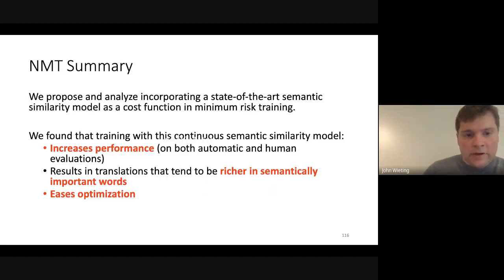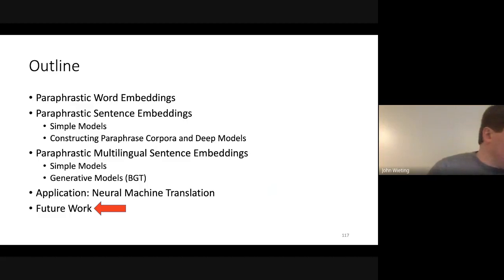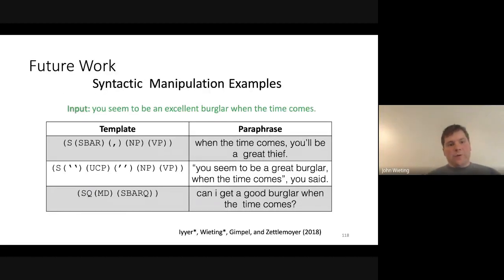And then future work. I'm sorry, I'm running out of time a little bit, but one thing I'd like to talk about for future work is that I'm very interested in paraphrasing. I did some work with Mohit Iyer, who was at AI2 at the time, on generating paraphrases with control, where you essentially specify a parse structure through use of just the top level of the parse tree, and then you can generate a paraphrase with that structure.